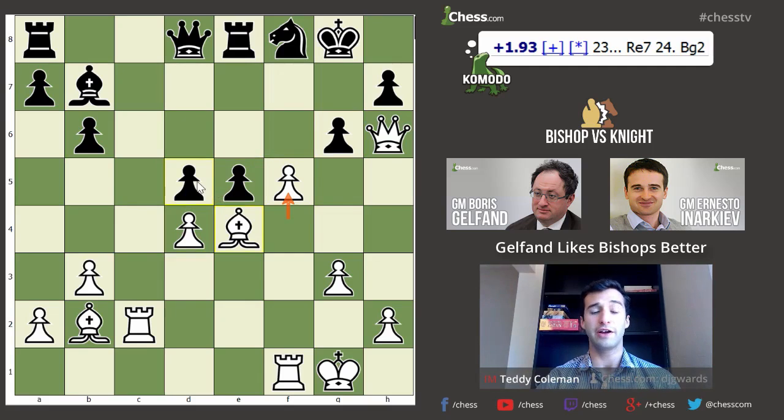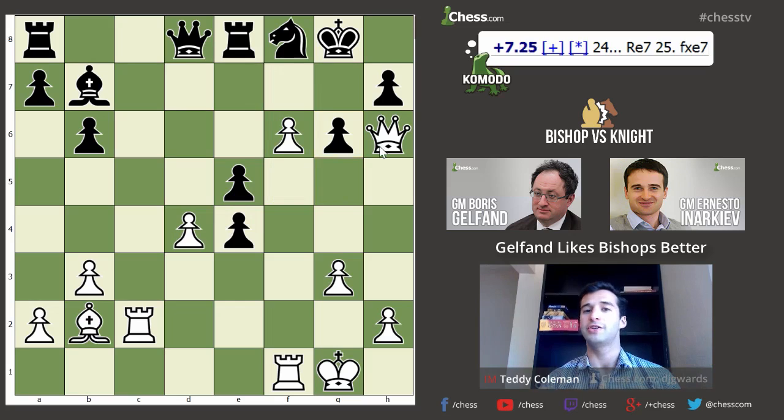If Kiev were to take Gelfand's bishop, Gelfand would follow it up with f6. You can see that there are queen g7 checkmate threats, and f7 threats. And you can see, Komodo thinks the best move here for Black is the ridiculous-looking rook to e7. At which point,